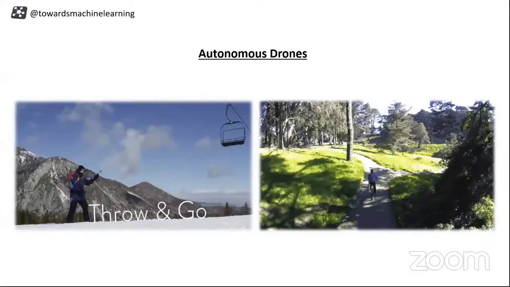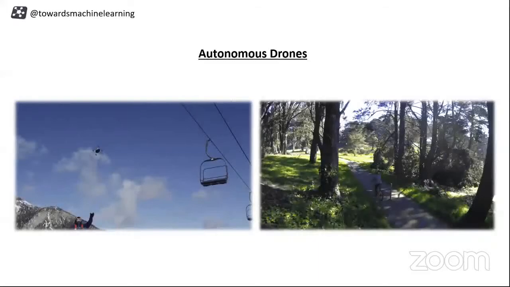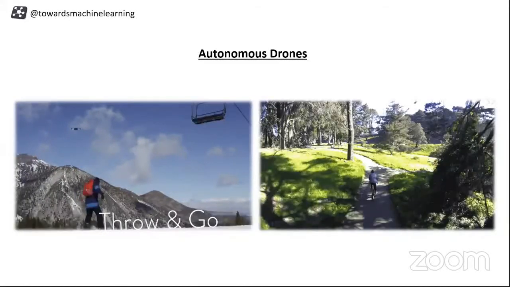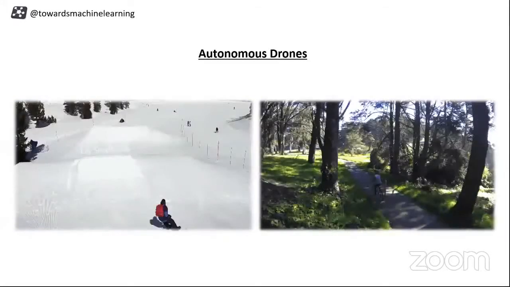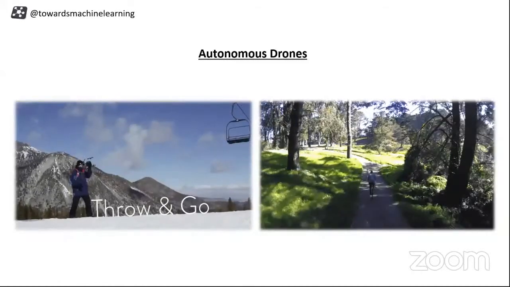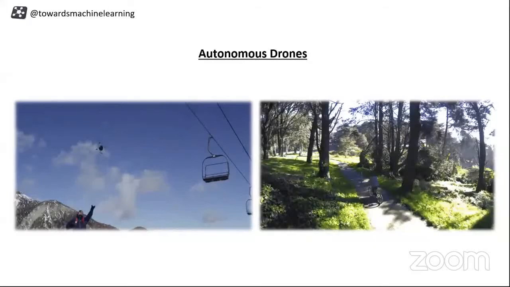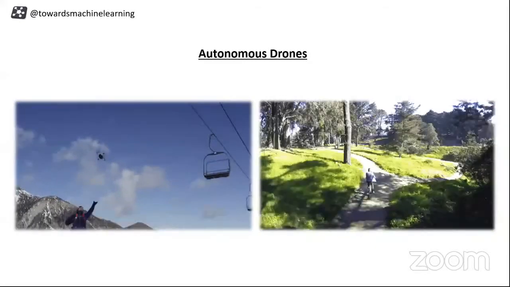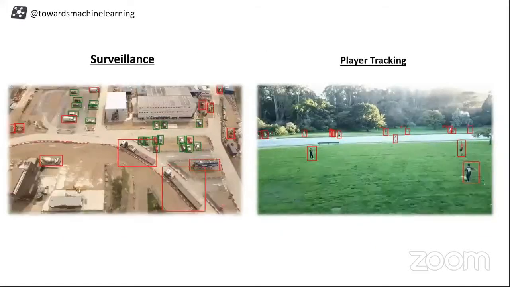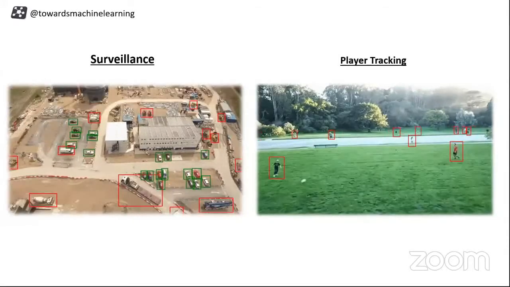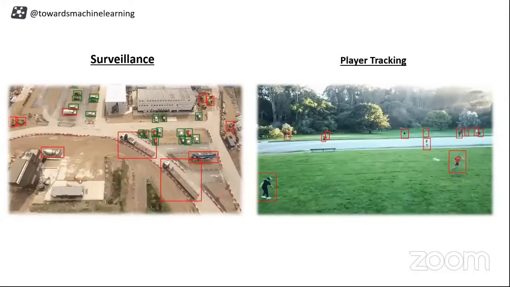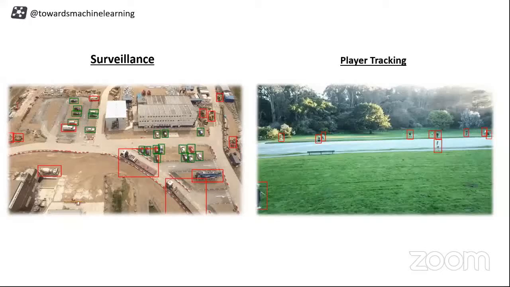Following that person, the person who is cycling the bike, will definitely require detection, right? The drone has to detect the person and follow him. So this kind of technology, of course, uses object detection. Next thing you can see is people use this for surveillance purposes as well. So this is kind of smart surveillance.